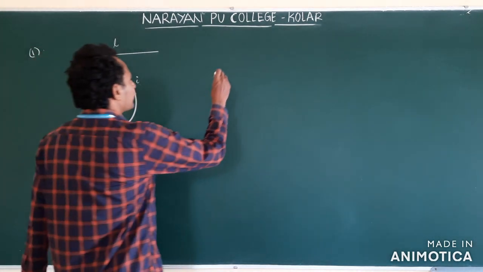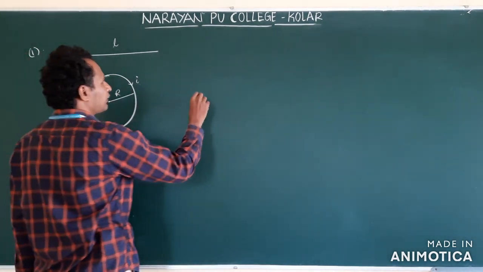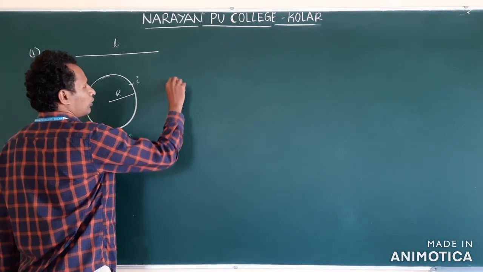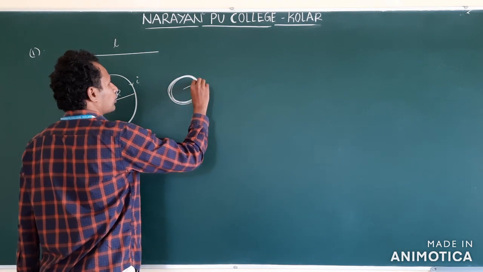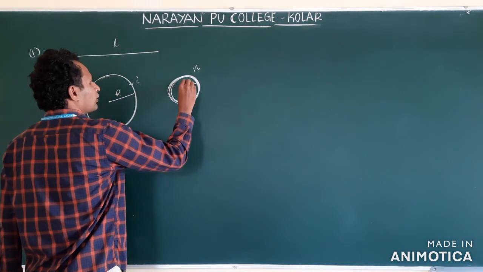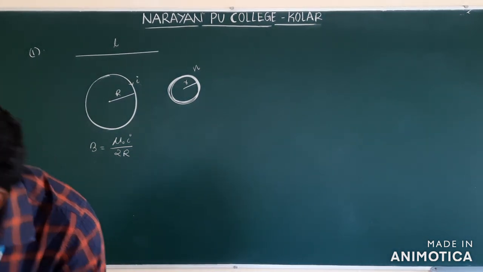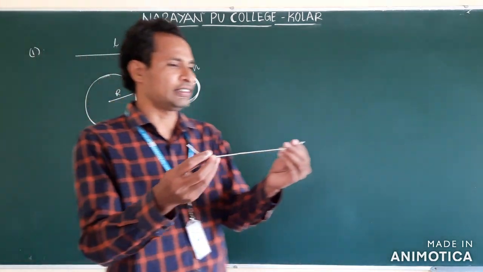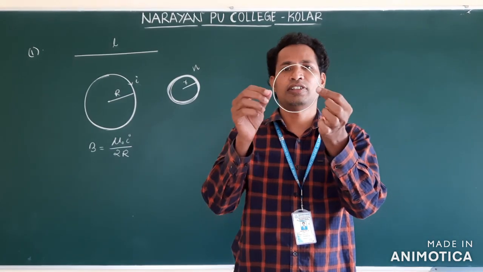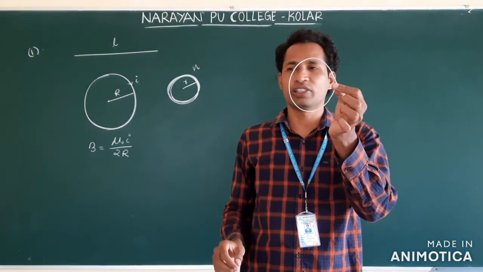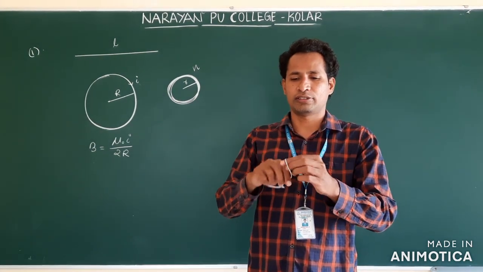Second case, what did they do? The same coil, make it again straight and they made it into n number of loops. They given small n, small r. See, I will show you the situation. Now this is the length. The straight cut wire, they bend into a single coil. Clear? Observe the situation. This is the first case. Now they made it into n turns. So like this.